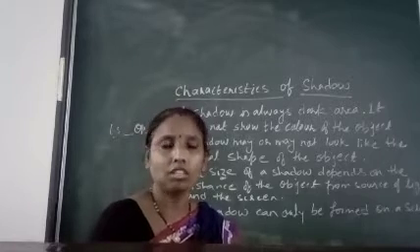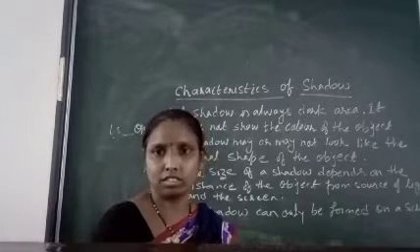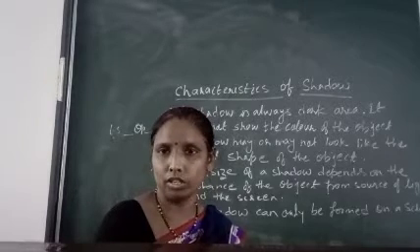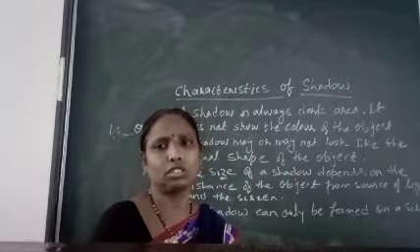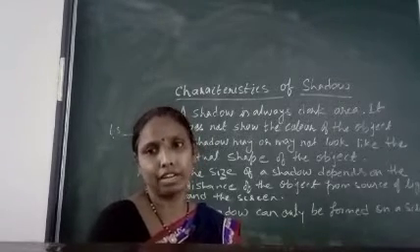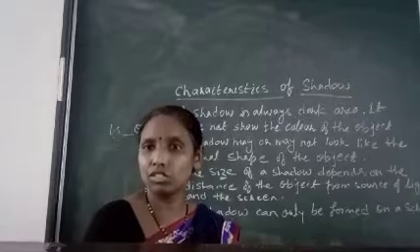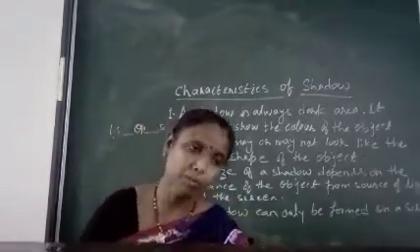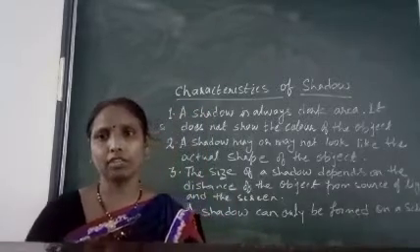Okay, so whenever the position of the source of light changes, or the position of the screen changes with respect to that opaque body, or even the opaque body's position changes with respect to the source and the screen, you can find that there is a change in the size of the shadow. For example, you can try this experiment at your home also.